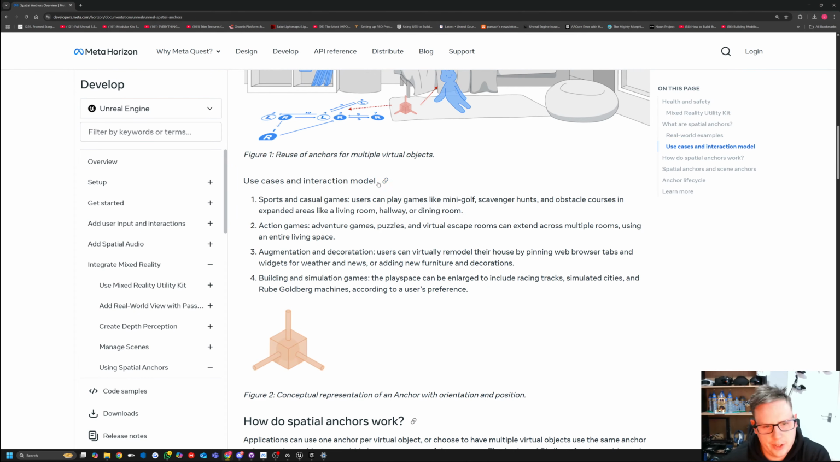Use cases and interaction model. 1. Sports and casual games. Users can play games like mini golf, scavenger hunts, and obstacle courses in expanded areas like a living room, hallway, or dining room. 2. Action games, adventure games, puzzles, and virtual escape rooms can extend across multiple rooms, using an